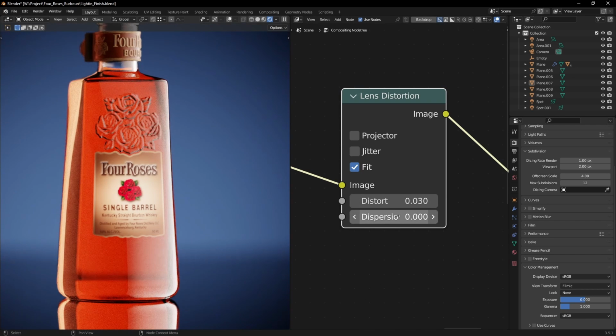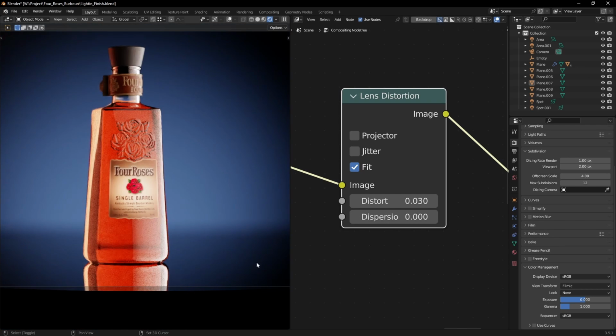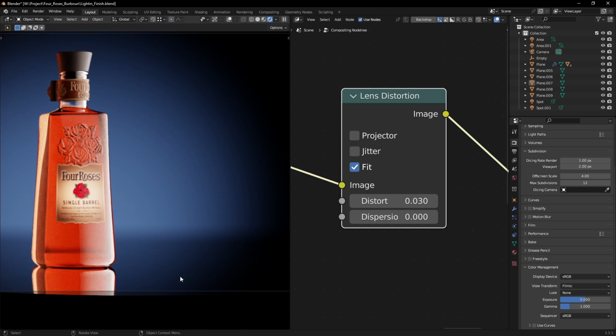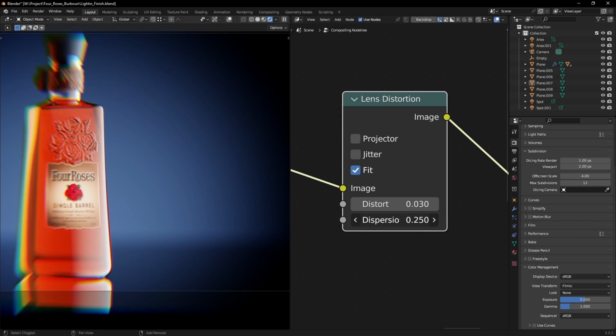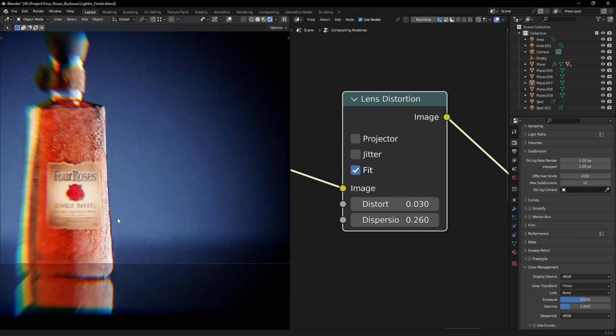And the other one is dispersion. Now, dispersion simulates chromatic aberration. What chromatic aberration is, is the mismatch of the RGB channels in your image because of imperfections in your lens, at least in the case of photography. To make it clear, let's just crank up the setting, and